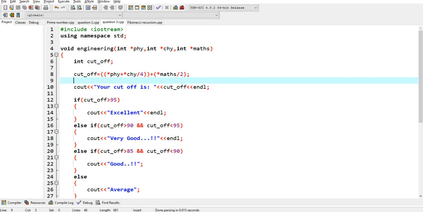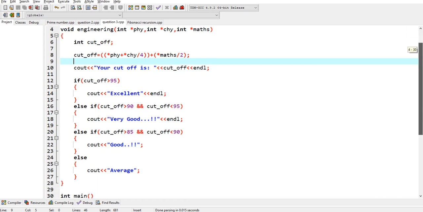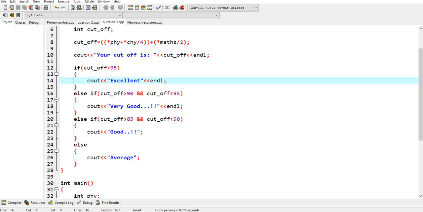In cout, your cutoff x, because when we add these three numbers, it will store the sum in cutoff, and the cutoff is displayed here. If the cutoff is greater than 95, it will show excellent. If cutoff is greater than 90 and less than 95, it will show very good.